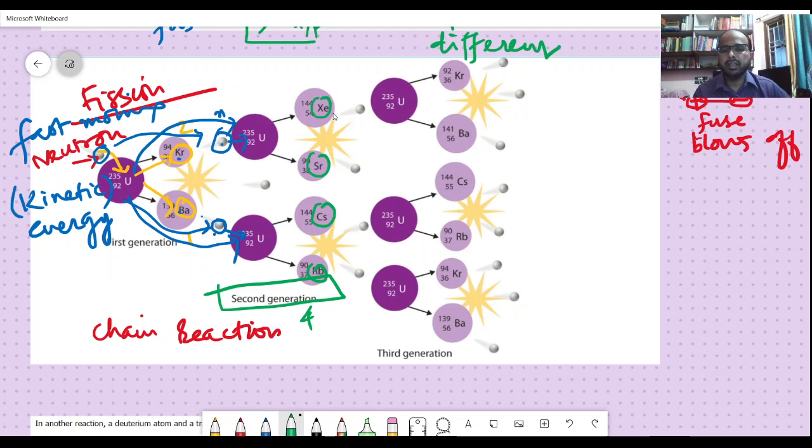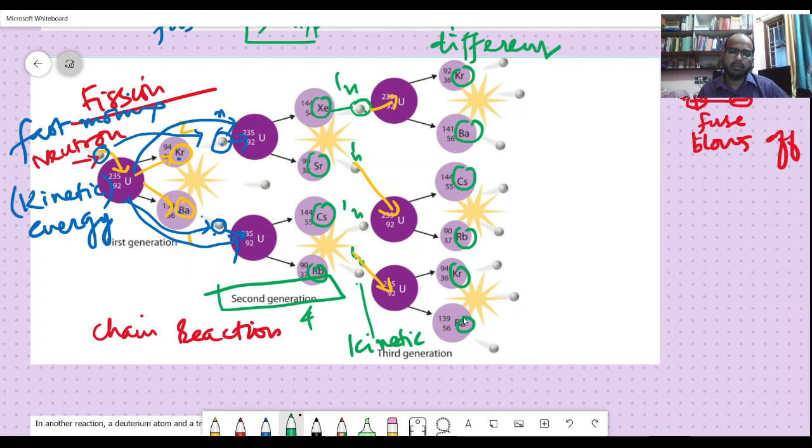Again, every atom releases one neutron as its end product, and these neutrons are again kinetic in nature, meaning they have high energy, and they again bombard the next atoms of the same uranium. In the end they give krypton, barium, cesium, rubidium, again krypton and barium,